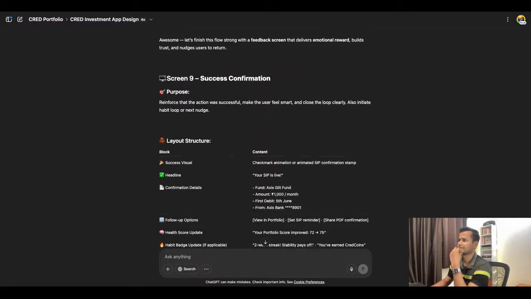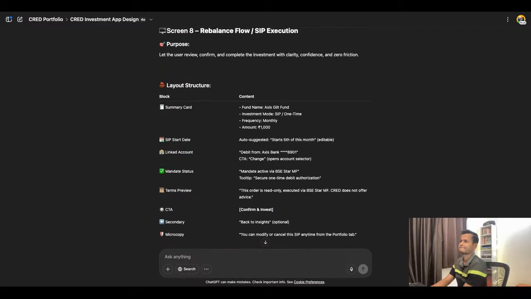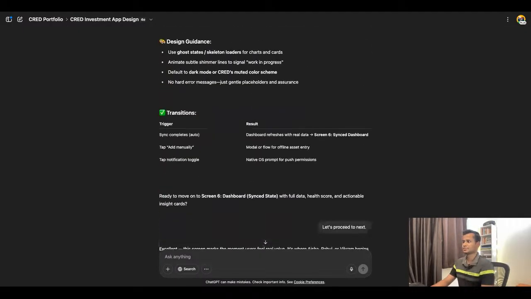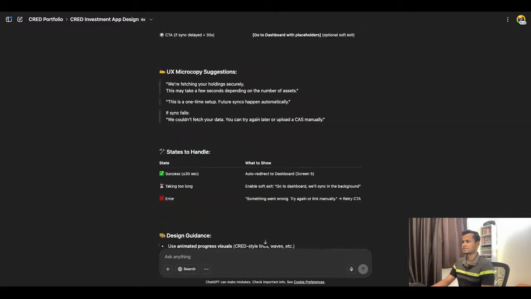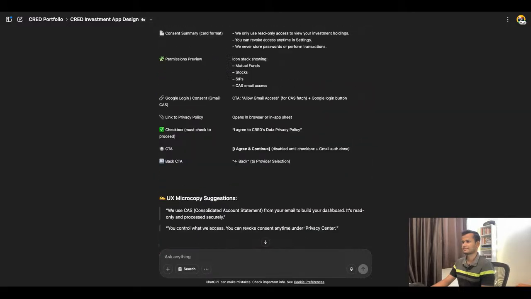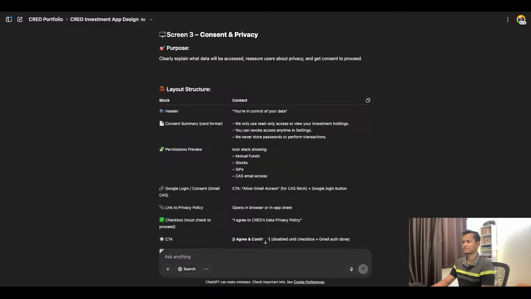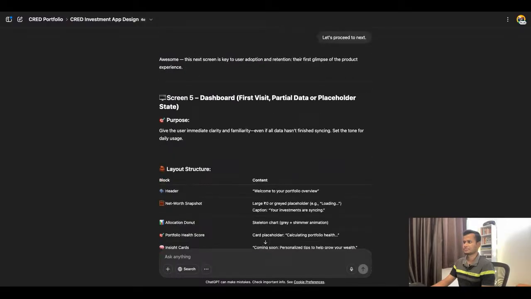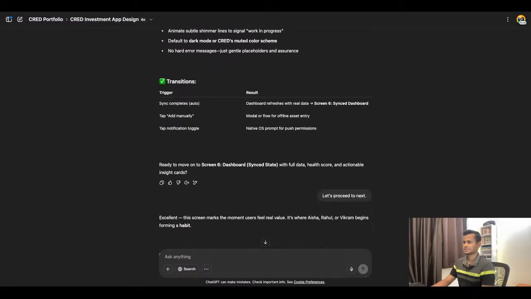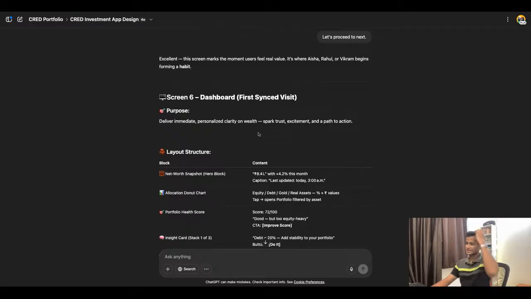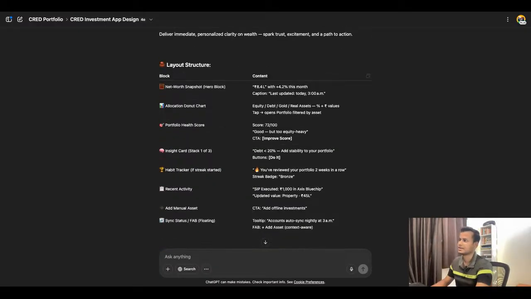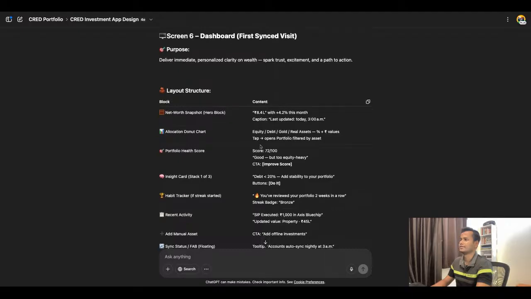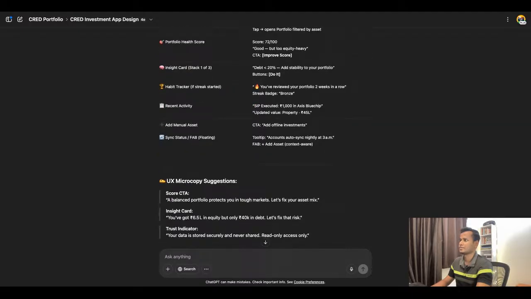Where is it? The dashboard synced view. What else does it have? Okay, screen. No, not this. Next. The dashboard screen number 6. This is what we want. Now give a prompt to create a